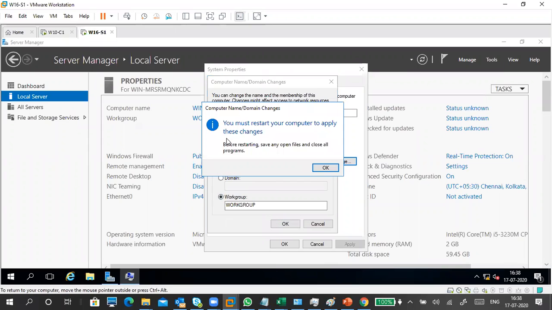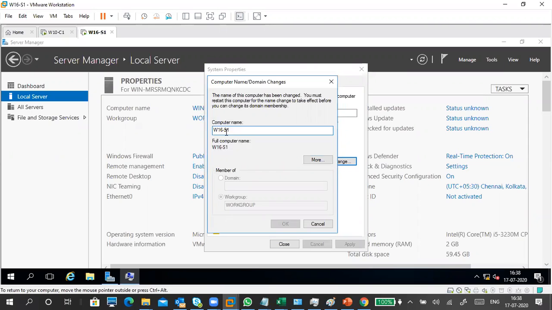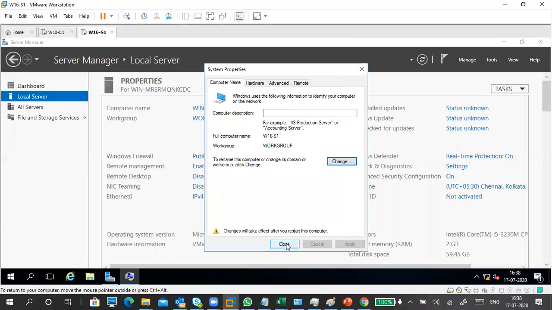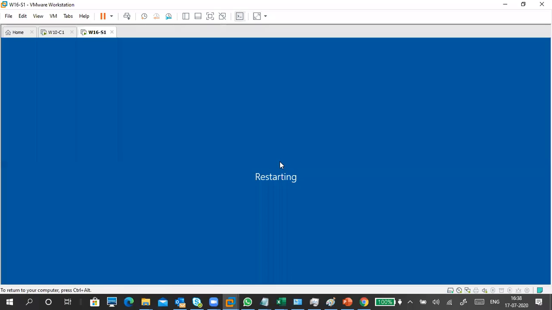If you put whatever name, like server 1, server 2, okay, don't go to description, just the server name. You know how to change the server name. Then it's asking for a restart, click on restart now. Or if it is finished and you don't need to do anything, you can restart later and shut down your server. So I will shut it down later.